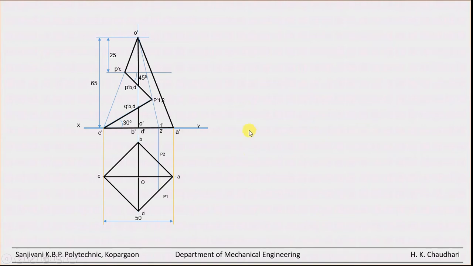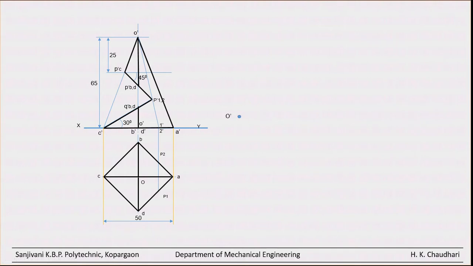Now our aim is to develop. For that, we can take any point O, this vertex. We can extend this projection if you have a large space here, because the development requires more space, and you can take the point here. But now our space is limited, so just locate point O anywhere in this way. This is the point O dash.